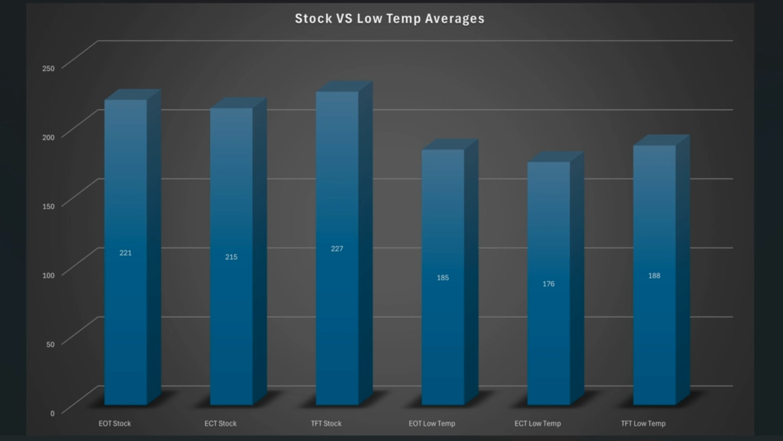So what that looks like averaged out is on the factory thermostat, my engine oil temp averaged 221 degrees. My coolant temp averaged out to 215 degrees, and my trans temp averaged out at 227 degrees. Running the lower temp thermostat, my engine oil temp was 185, 176 on the coolant, and 188 on the transmission. So that's a pretty good drop, 20 to 30 degrees